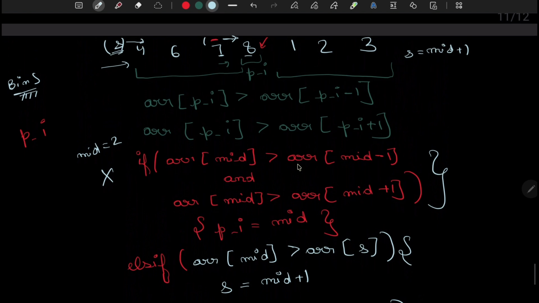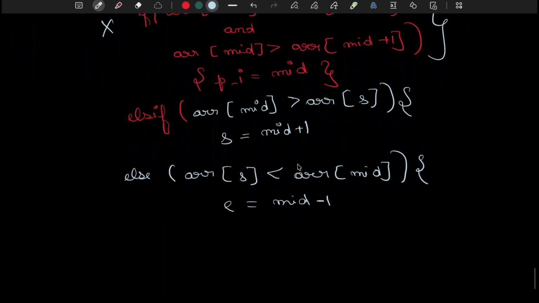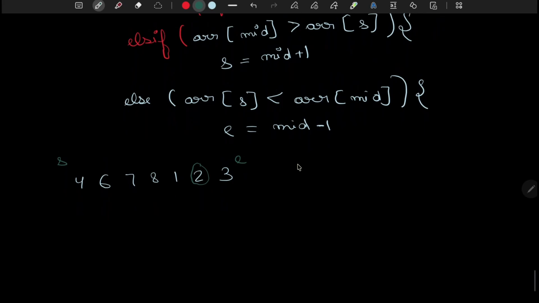Basically in this case, let me just copy this quickly. 4 6 7 8 1 2 3. Now let's say our start is here, our end is here, but somehow our mid calculation is here. I know this is not the case here, but we are supposing one specific iteration that can occur internally when we divide and we calculate again and again this mid and start and end indexes. So this can be the case that somehow we end up here, that this condition will be satisfied, that ARR of S is